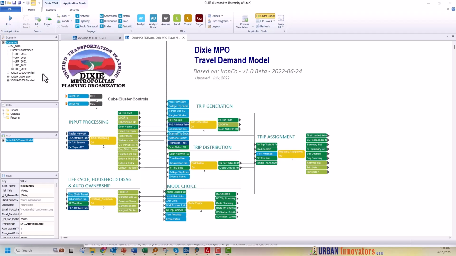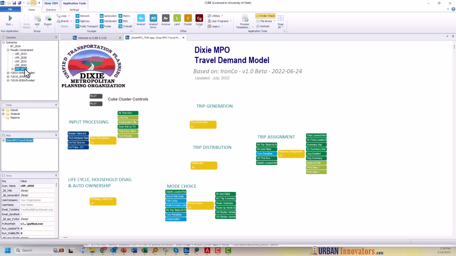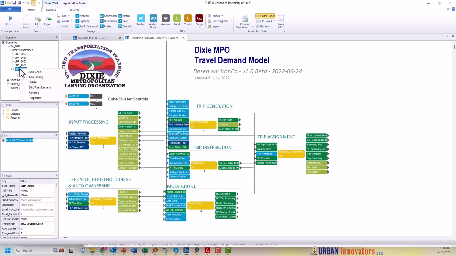Okay, so the first thing to do is get to the application manager here and get to where you can see the scenarios. And then we're going to go to fiscally constrained LRP 2050, and then we're going to create a child. So add child, and I'm going to call this LRP 50 TripGen, and that's what we'll call it. All right, so I got this thing. Say OK,